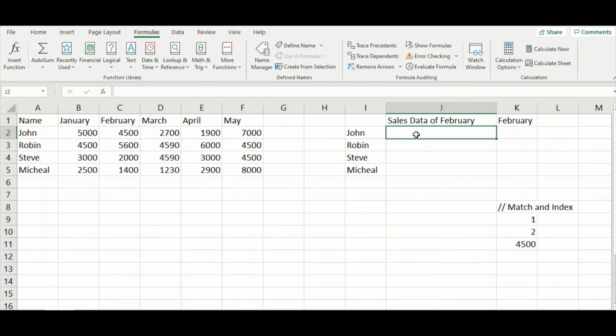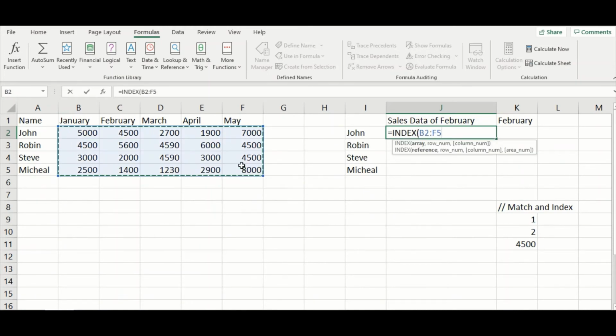Here we need to add that formula. So the first thing is to find the index. Index in this array. The row number will be match. The row number will be of John in this array, and match type will be 0.